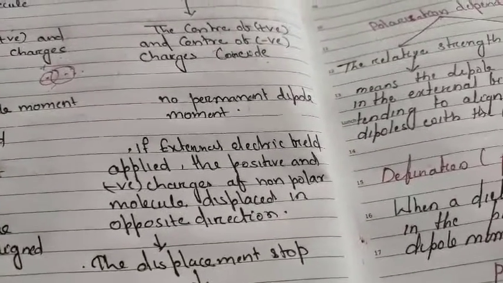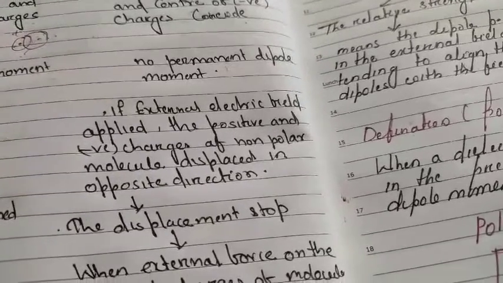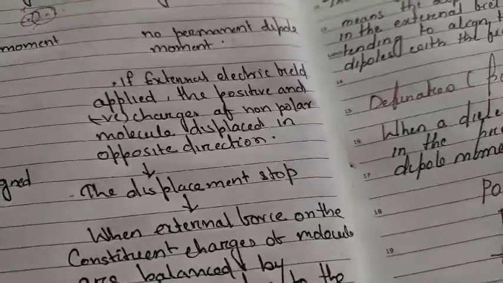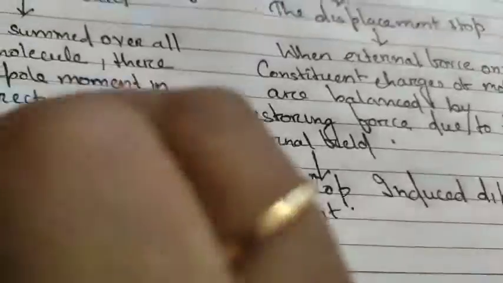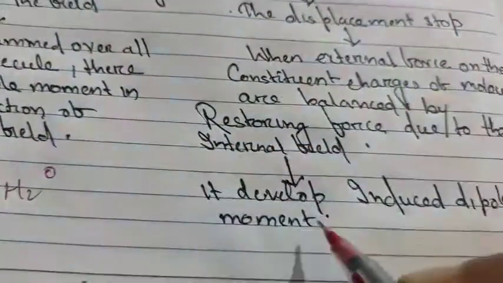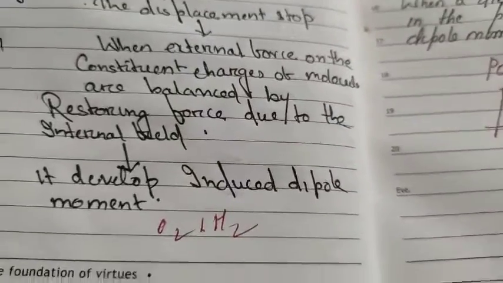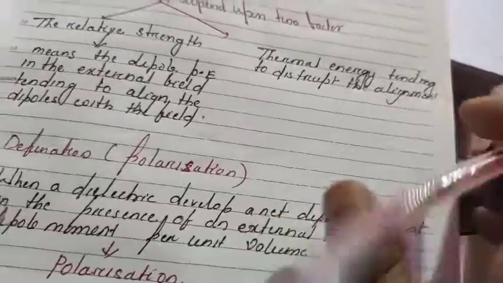Now if you want to see some examples, student, as you have already learned, in non-polar molecules you can take oxygen O2, H2, right? But in polar molecules, water is the simplest example. In polar molecules, a simple example is H2O. Here O2, H2 are the non-polar molecules. Clear? Now, the concept of polarization.